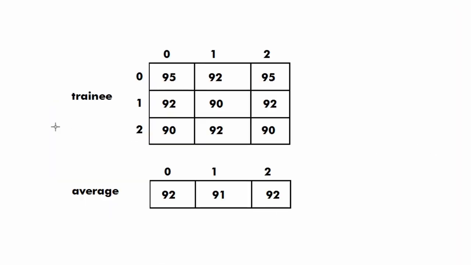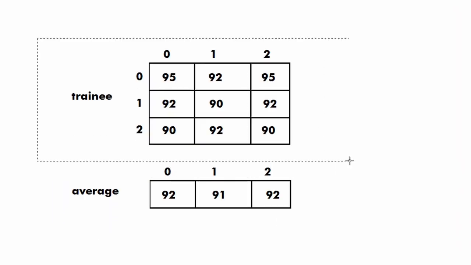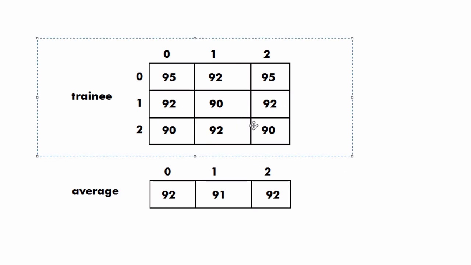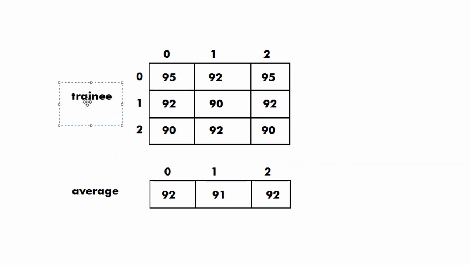For this particular problem, first of all we are going to take a 2-dimensional array having 3 rows and 3 columns, and the name of this array is going to be trainee. So this will have 3 rows with indexes 0, 1 and 2, and then 3 columns 0, 1 and 2, and we will store the oxygen levels of each trainee in one row. So for example, if the row is 0, then this row has the oxygen level of all the trainees for round 1, and similarly the second row will have the oxygen level for all the trainees in the second round, and similarly we will have for the third round as well.